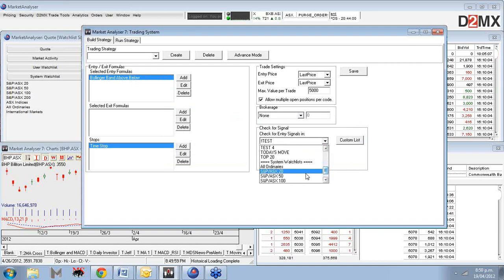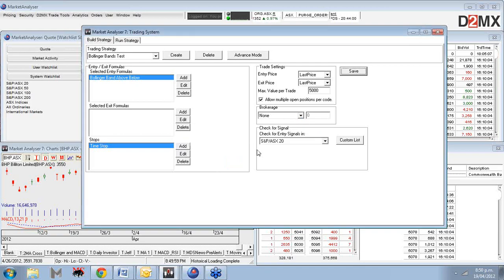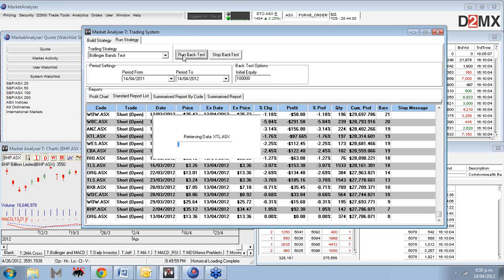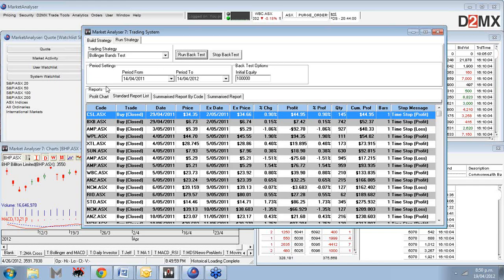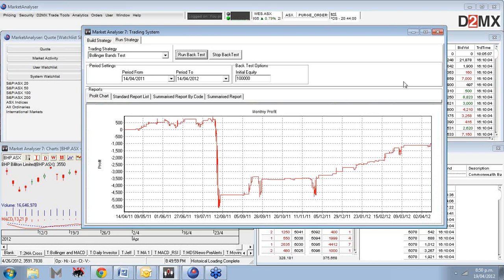Choose the watch list, and we'll stick with the top 20 for now, and click Save. Enter the name: Bollinger Bands Test. Tell it OK, and we'll run that strategy. Now this is going long when the market has fallen back or dropped away below the lower band. Looking at the profit chart,